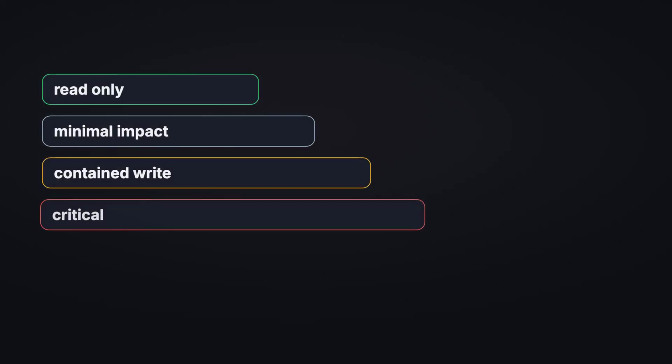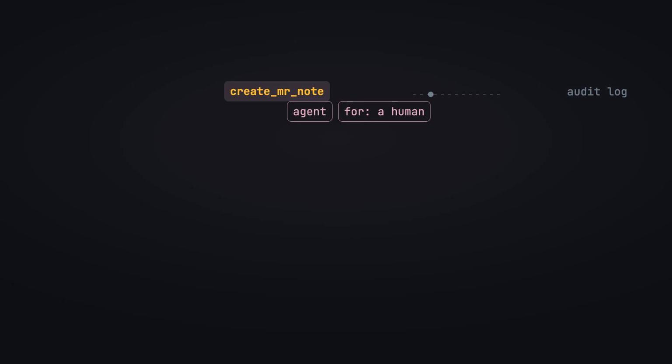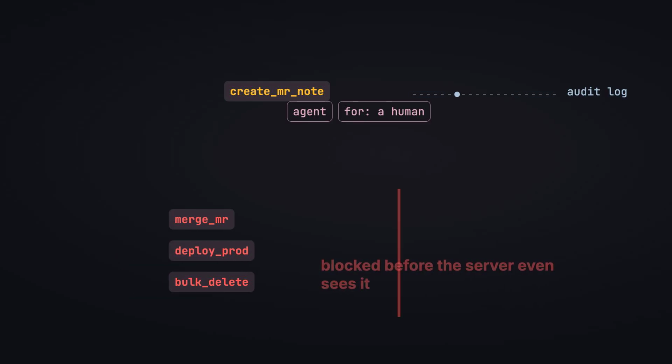Classify every tool of every MCP server into a risk tier and apply a different policy per tier. A read passes with no friction. A contained write, like posting a comment, passes but enriched. The action is signed as coming from an agent on behalf of a specific human, and an audit event goes to a central log. And a critical action, merging code, deploying to production, mass deleting, is blocked before the server